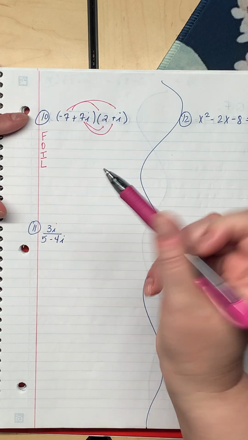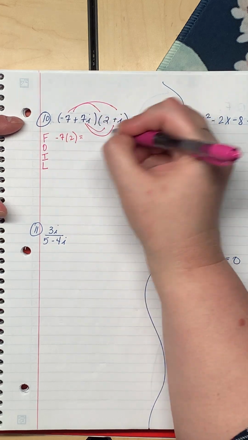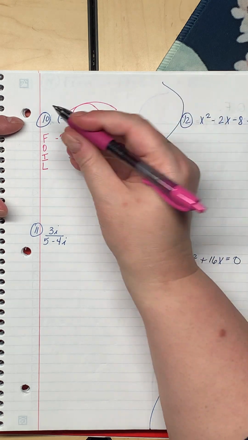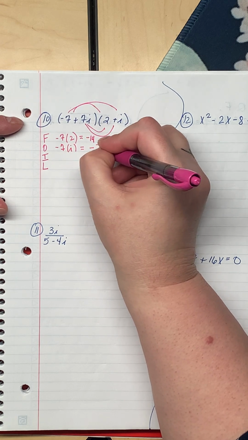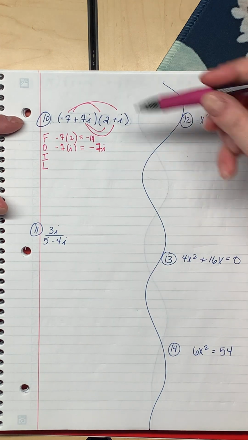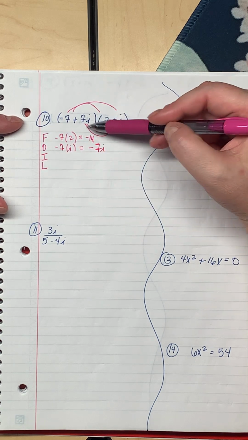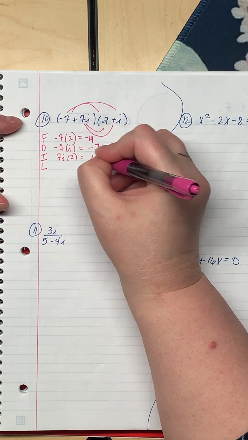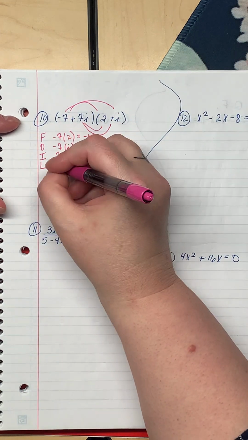Okay, so -7 multiplied by 2, that's the first. And that makes -14. Then -7 multiplied by i is just -7i. Then the I's are the insides. From FOIL, the I's are the insides, 7i times 2. And that just makes positive 14i. And then lastly, 7i times i